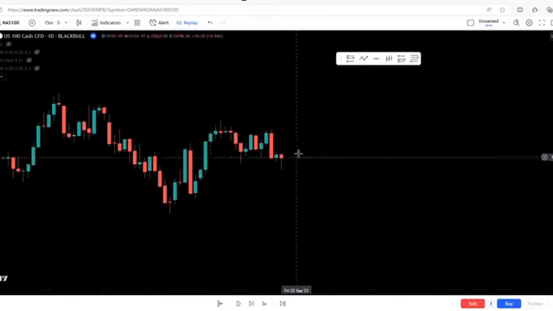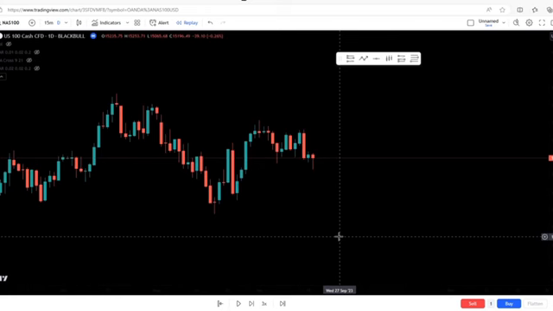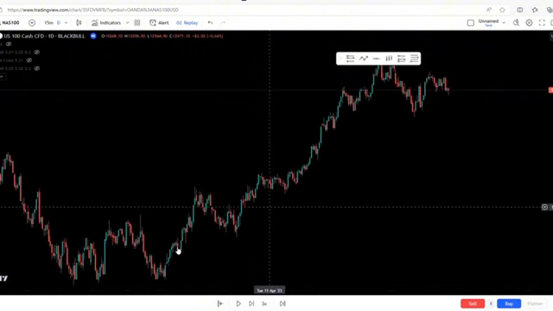So step 1 is to identify the trend. All right, I always recommend to go on the daily time frame. The reason why y'all be messing up a lot is because y'all be on too small of time frames. You need to be on the bigger time frame so you understand the grand scheme of things and the actual flow of price. So when we look at NAS, we can see clearly right here that we was nice and